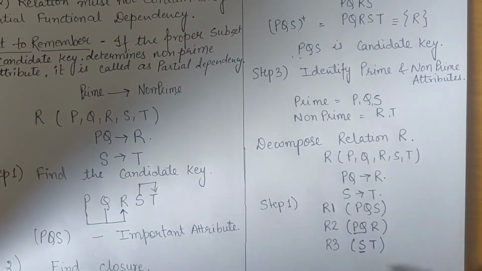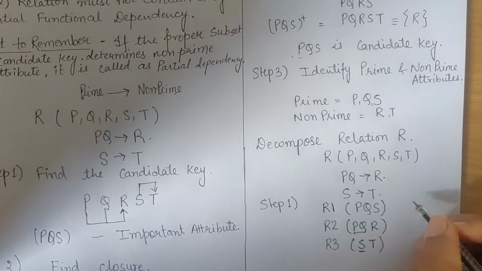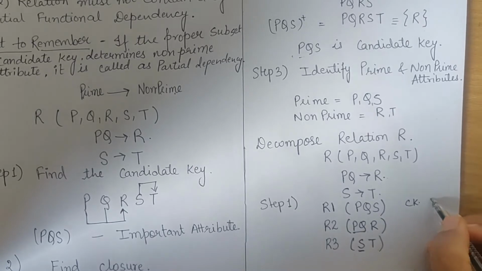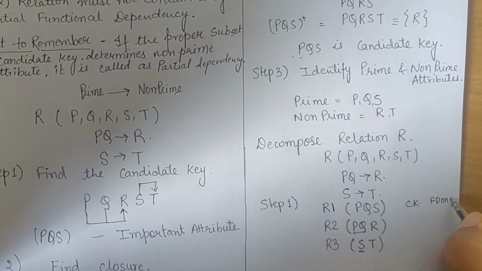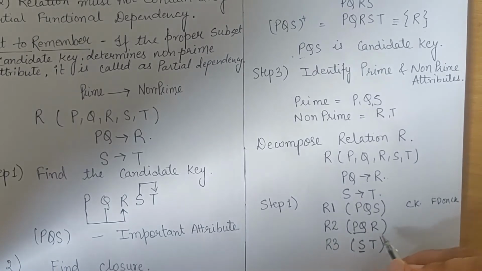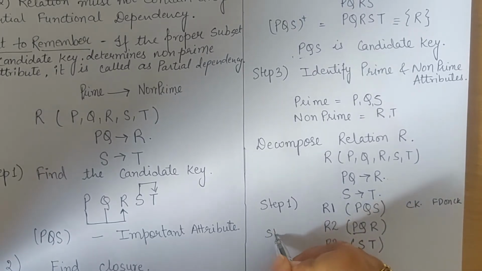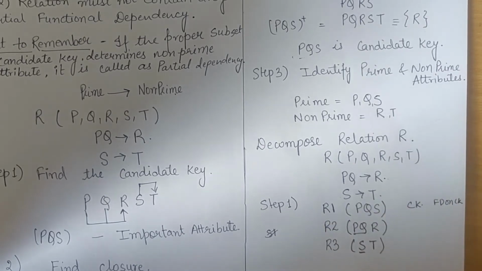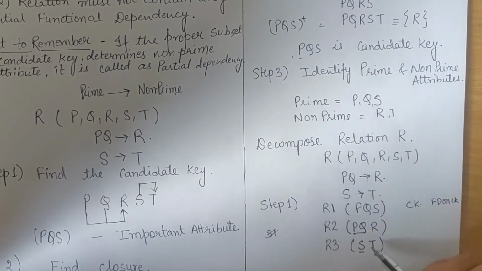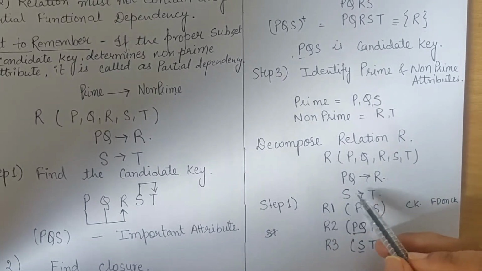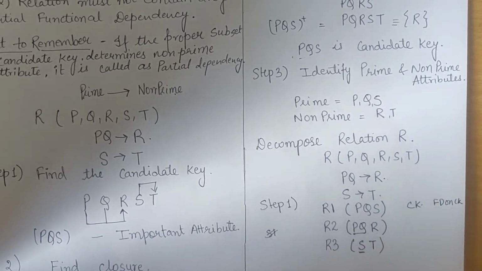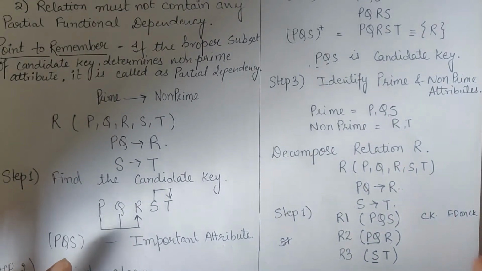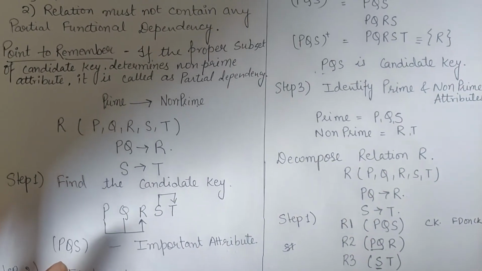So decomposition will go like this. First step, for the candidate key and attributes which are fully functionally dependent on candidate key, we will accommodate them. Step number 2, in the second decomposition, we are bringing those elements which are creating problem. So this dependency created problem, one table for this dependency. This dependency created problem, one table for this dependency. Like this we will decompose a table. So now this relation is in second normal form.